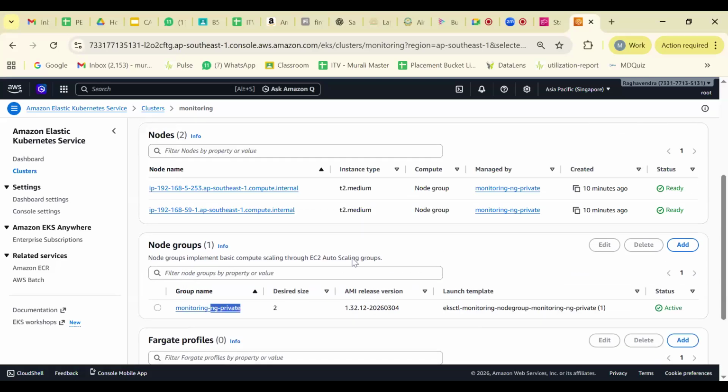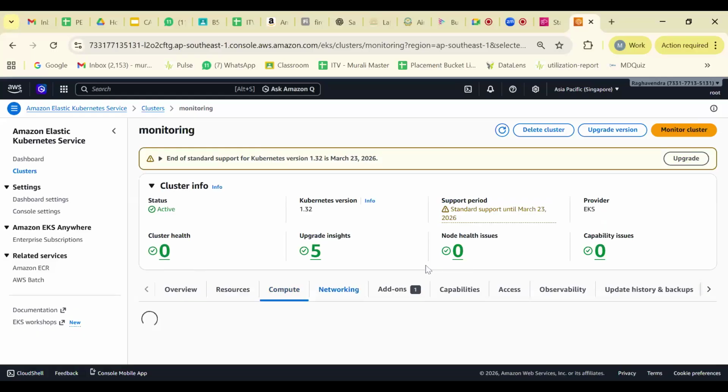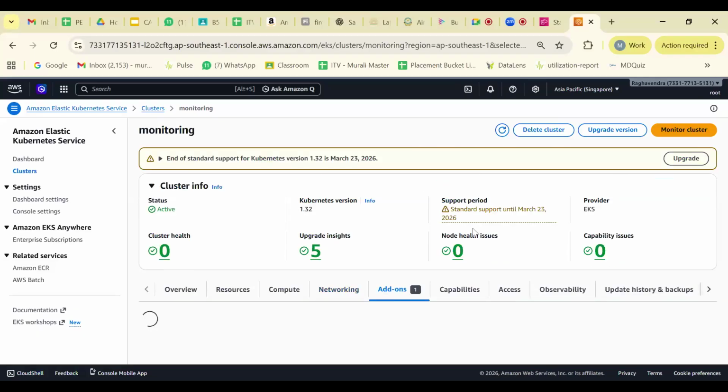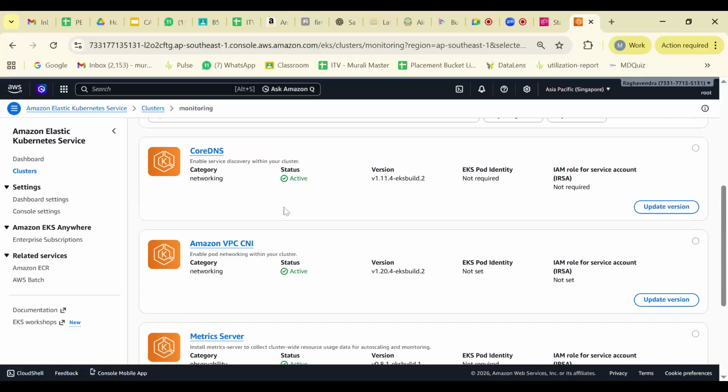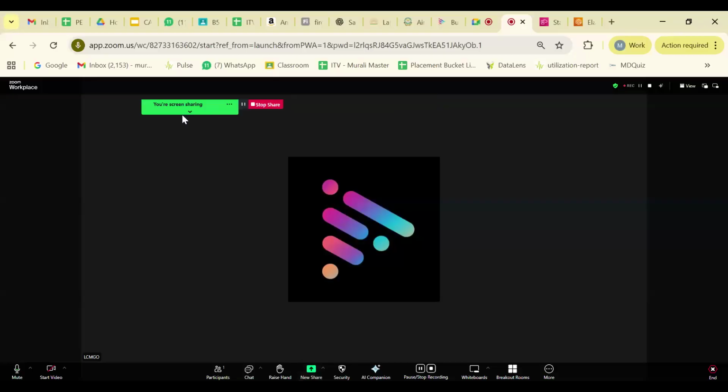Monitoring NG private is also created. Next networking, you can see 4 subnets and 1 VPC is created. Add-ons, you can see core, metrics, kube-proxy, everything is created. Okay, now